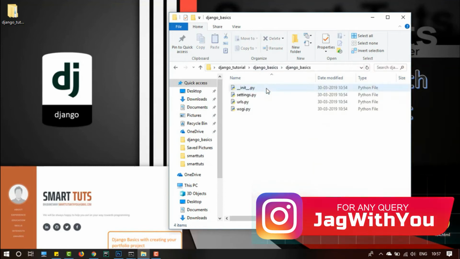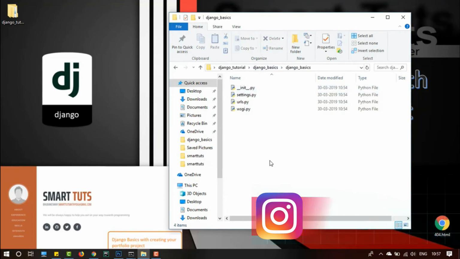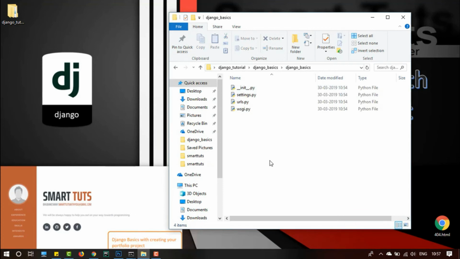Inside this there are mainly three files. First one, settings.py. This file contains all the settings of your application, your database configuration, your static file configuration, your installed apps, everything is going to be placed in settings.py. Then urls.py. I think you know URL. To handle every route, there is a urls.py. It will handle every route to this app, this project.